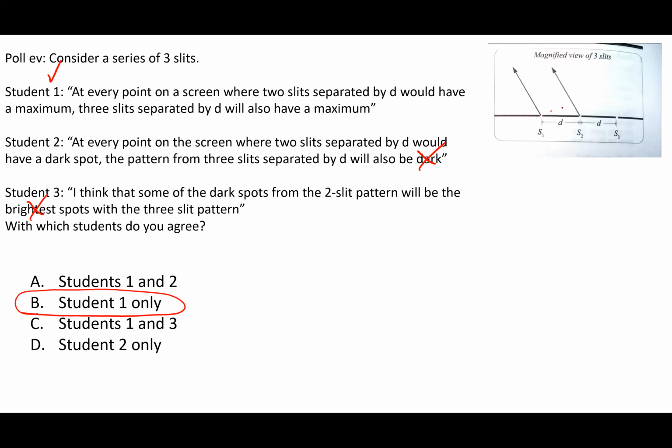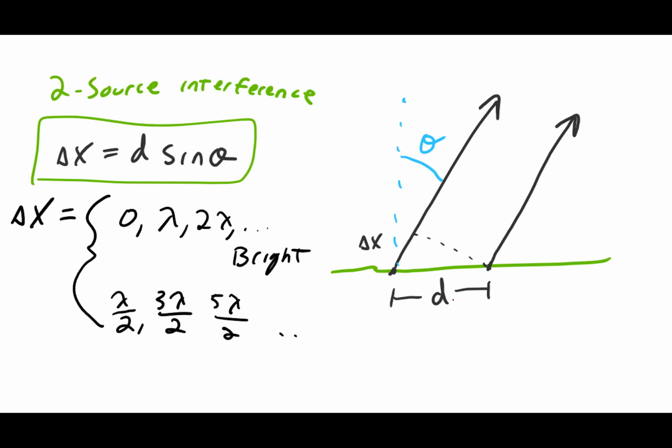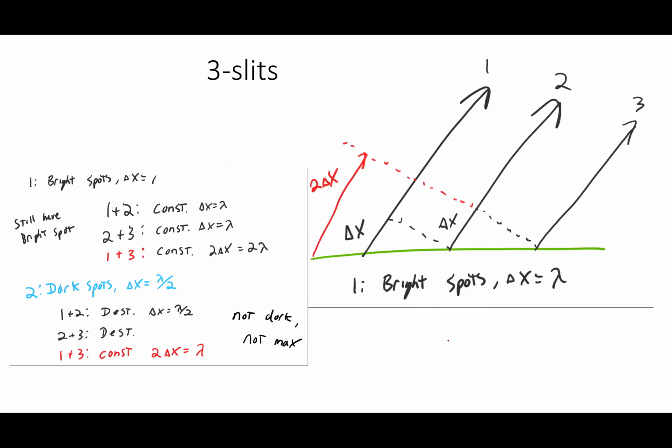So the idea here is if I open up a second slit, then I have to ask, is the light from that extra slit going to interfere constructively or destructively with the light from the first two? To figure that out for two sources, I found this little delta x here and asked whether that delta x was lambda, 2 lambda, or a half integer of lambda. If I have a third slit,